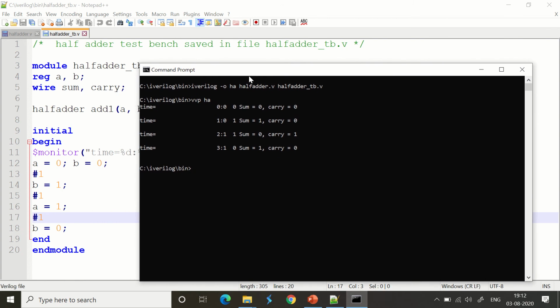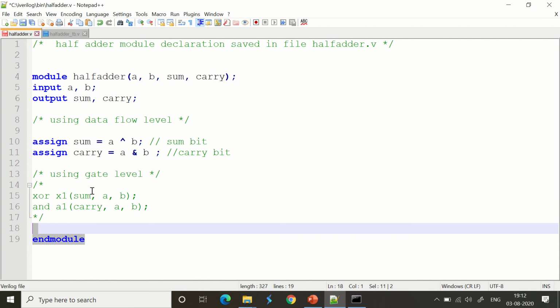What is the first input? The first input is 0, 0. The second input is, you can see that A is retained, so 0, 1. The third input is A is made as 1, and the same stuff should be reflected here. A is 1 and B is retained as 1. And the final thing, A is 1 and B is 0. So the output would be 0 0, 1 0, 0 1 and 1 0. So we have got sum 1 at 2 instances. We have got carry 1 at only 1 instance, and that's what the input is all about here for this instance. A and B are 1, so the carry is 1. Rest of the cases you can see it is 0, 1 and 1, 0, so the sum is up. That's it. You have implemented Verilog code for half adder in a very simple way.